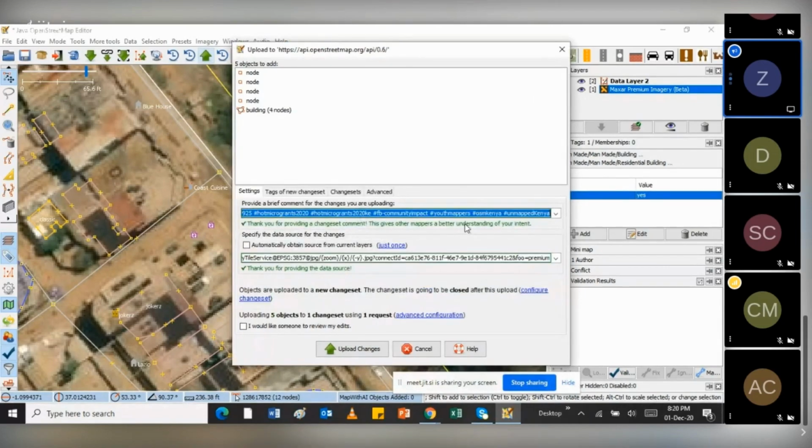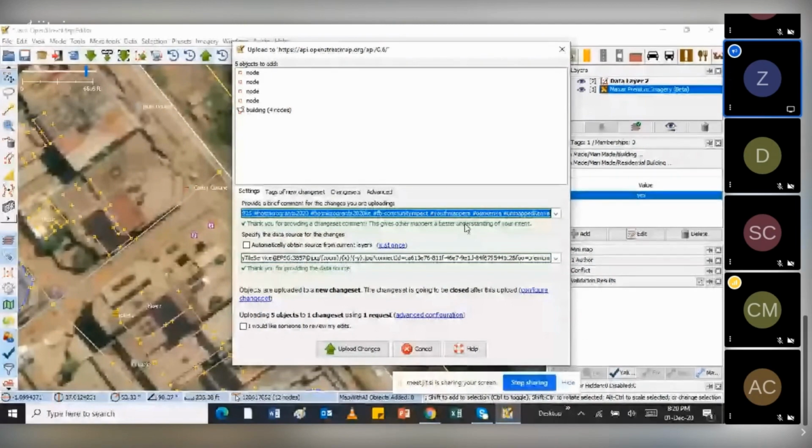But basically here you can add a comment. If you're not working on a specific task, you can just add a comment, like added a building or added a point of interest. It's always advisable to leave a comment here so that whoever is doing validation or having a look at the data after is able to know what exactly you are working on.